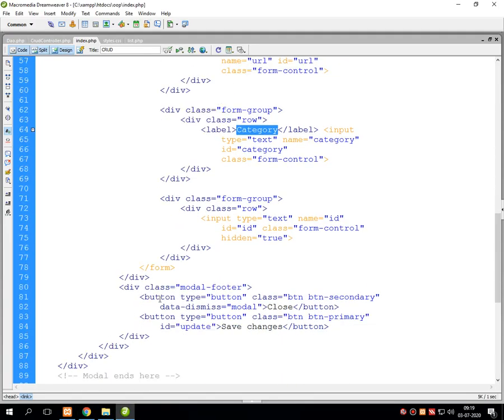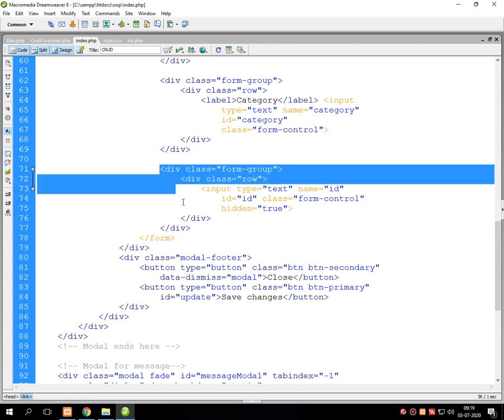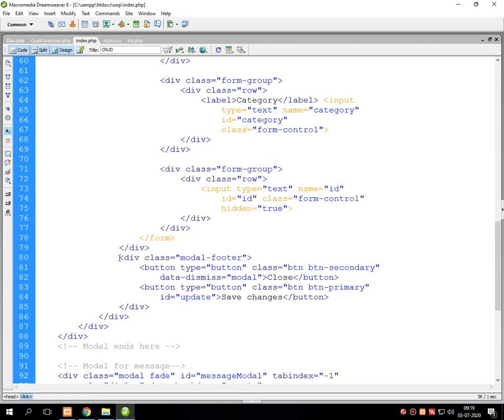So those two buttons will be displayed by the class called modal-footer, and the button contains a close button. In the same class, another button is given over here, but the title of that button is save changes. So these two buttons will be displayed over here.